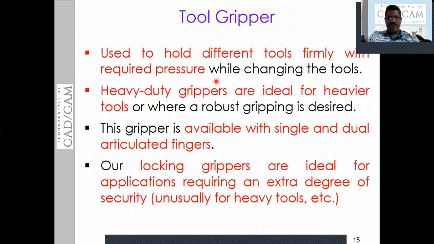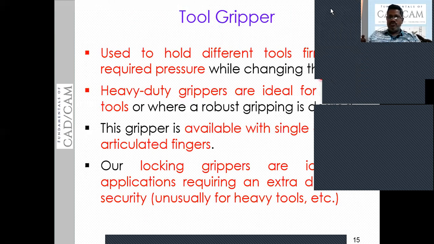Huge damage can occur if heavy items fall on human beings, on delicate items, or on any of the machines. So it is a big loss to the firm. So to avoid that, the devices, parts, or items to be moved from one location to another location need to be held firmly.